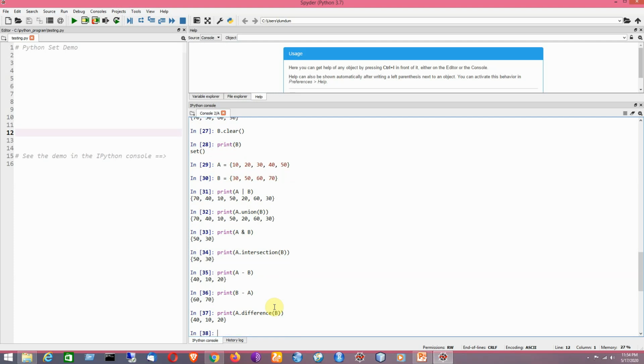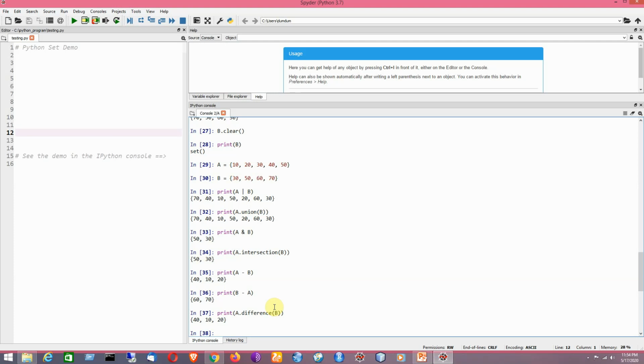There is another method to be applied for sets, that is called set symmetric difference. Symmetric difference of sets A and B is a set of elements in both A and B except those that are common in both. Okay, so basically this kind of operation is done by using the caret symbol.